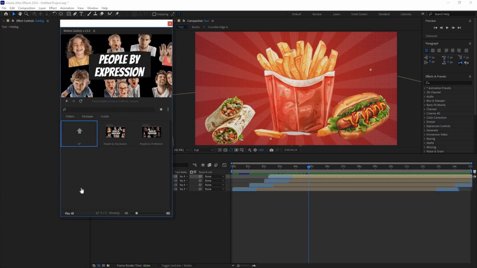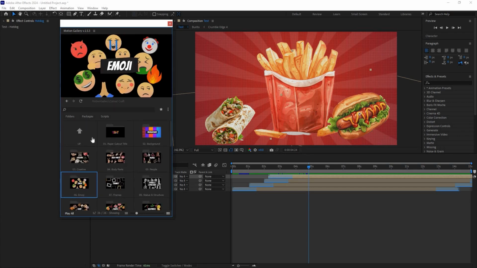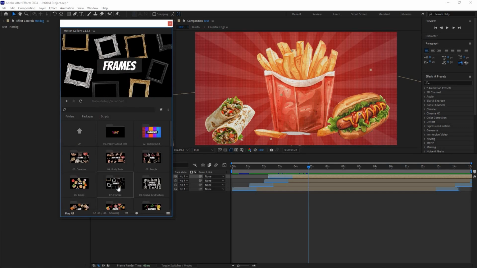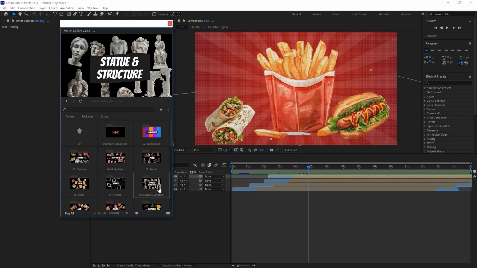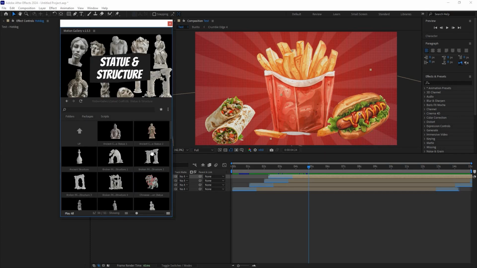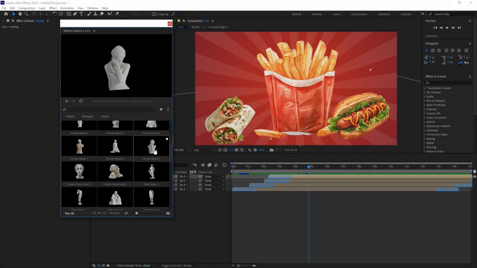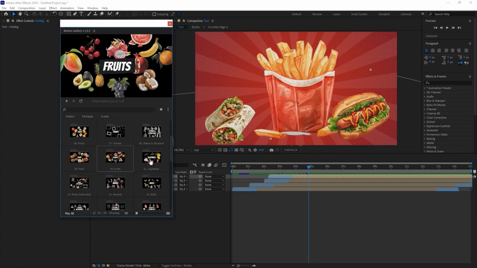And then let's go to the next. You will find this emoji over here. After that you will find frames. Over here there is a couple of frames which you can use, and then you will find this statue and structure. So you get the idea. There is a bunch of statue over here. After that you will find this food, fruits,